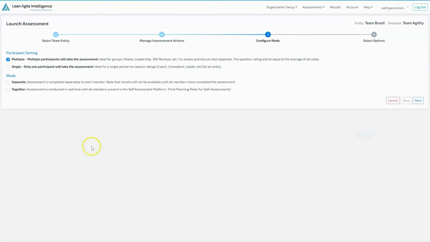Now configure the mode. For participant setting, choose between multiple for groups or single for individual assessments. In multiple mode, you can view vote, variability, and select between separate or together modes. In separate mode, participants have the flexibility to take the assessment at their own pace. On the other hand, Together mode is ideal for real-time collaboration as it enables the entire team to complete the